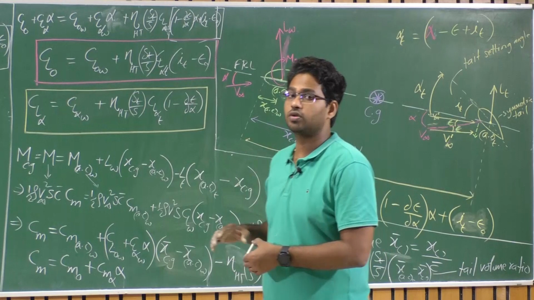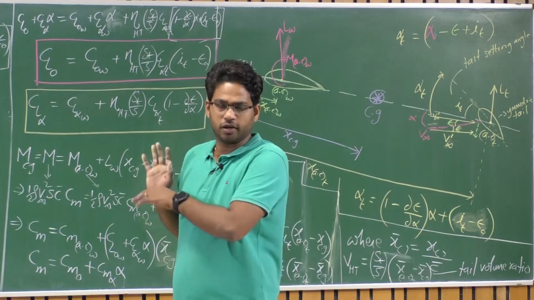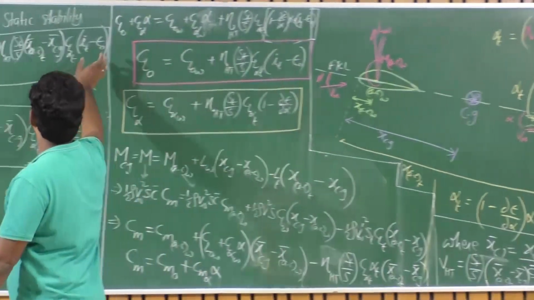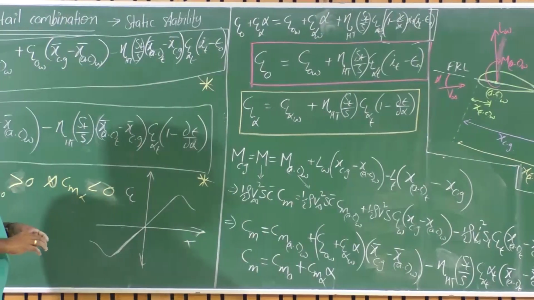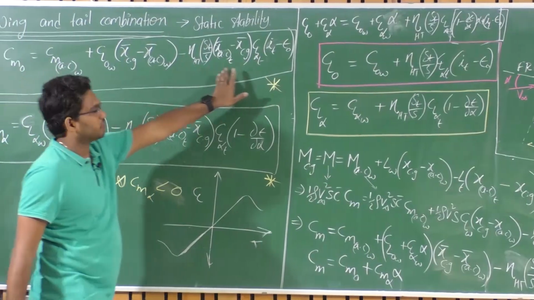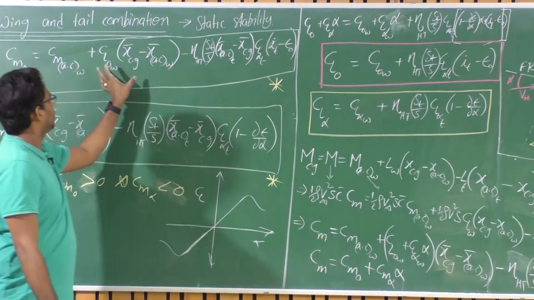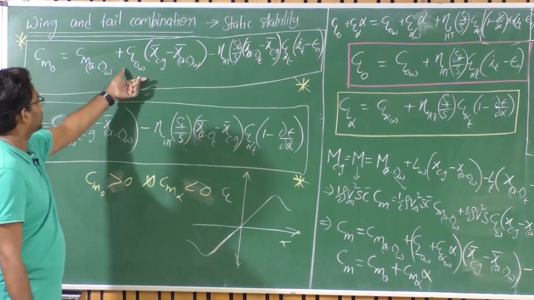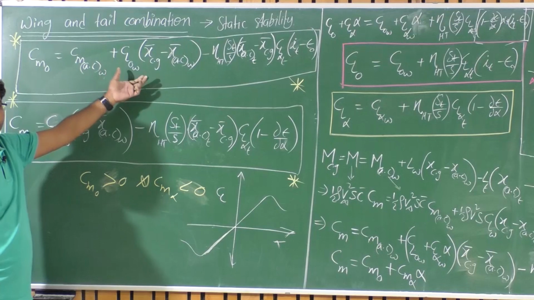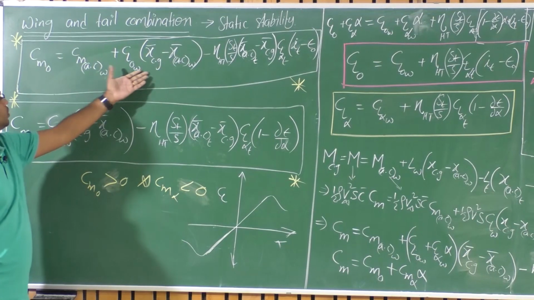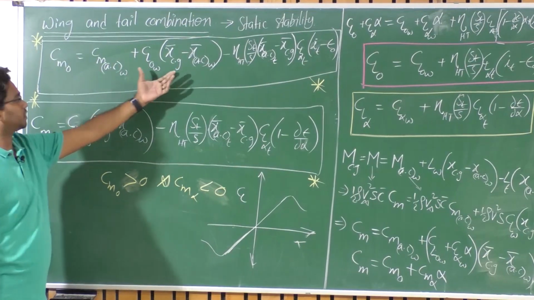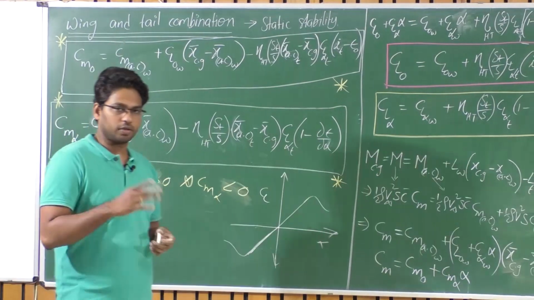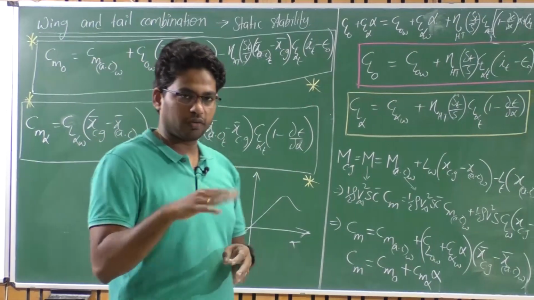So in some cases where you don't want to waste additional energy to overcome the drag, what you try to do is to maintain i_t zero. If I do that, this particular term vanishes, right? But if I maintain some adequate distance between the CG and the aerodynamic center, I have CL naught for a cambered wing positive, right? So what I can achieve is a positive value. If the distance is good enough, you can overcome the negative CMAC value. So you will still be able to trim at positive angles of attack without i_t, right?